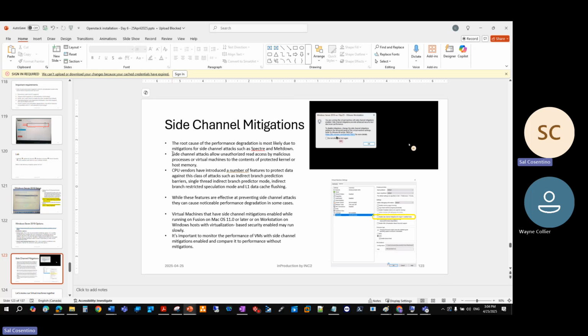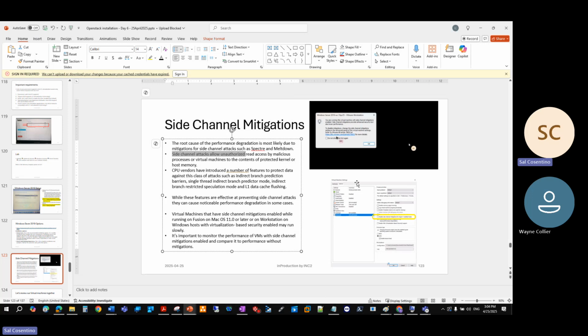So these side channels, it doesn't mean that you click OK and you're going to become vulnerable. It just shows you if it was enabled versus what it would mean if it was disabled,